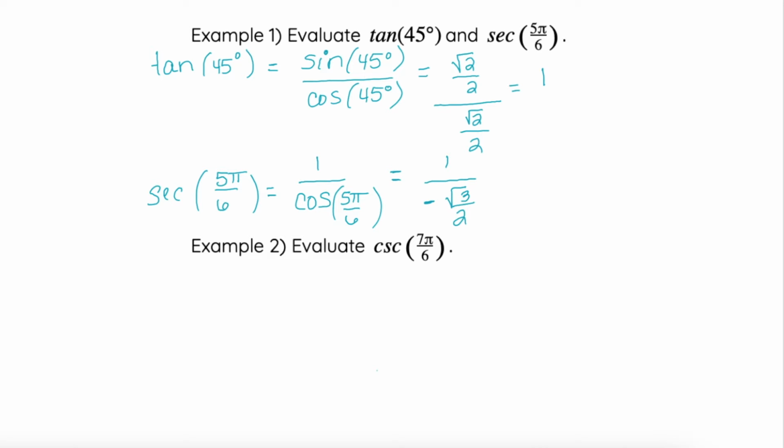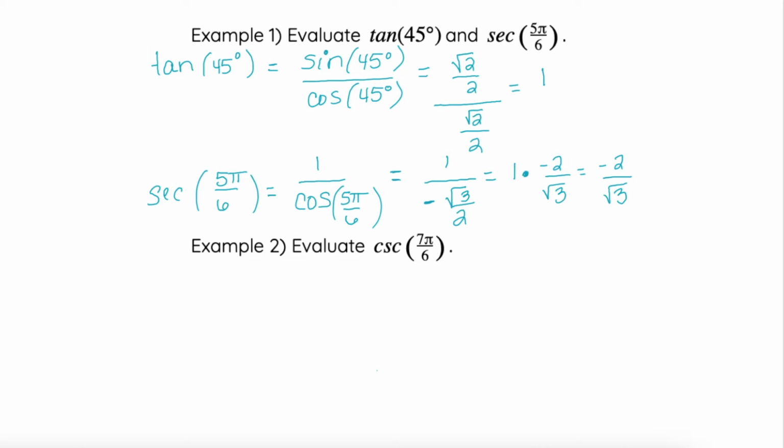Now I'm dividing by another fraction, so I've got myself a complex fraction. As a reminder, I can multiply by the reciprocal. So 1 times the reciprocal. This simplifies to negative 2 over square root 3, but we have to